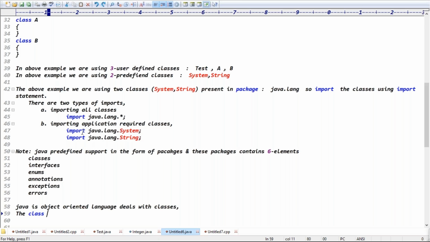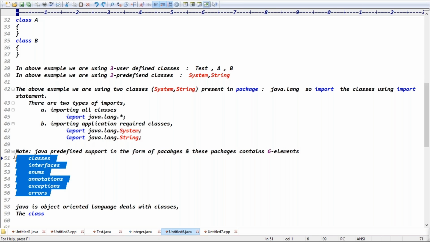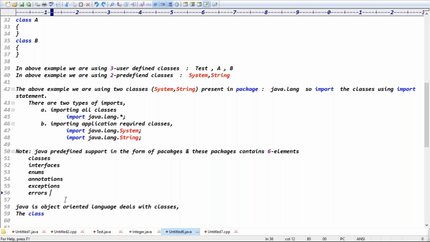Java's predefined support comes in the form of packages, and a package contains 6 elements. In the same way, I'm asking, what are the elements a class contains? That's the question.